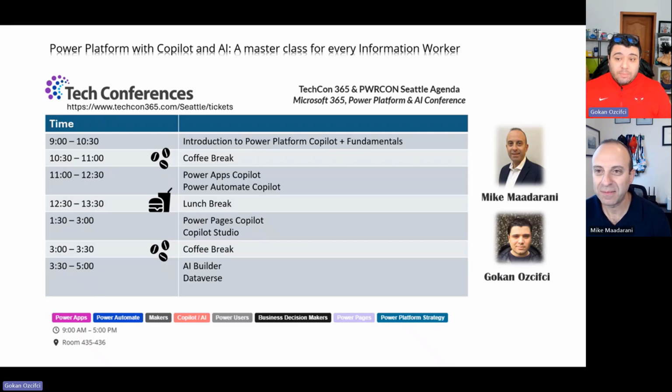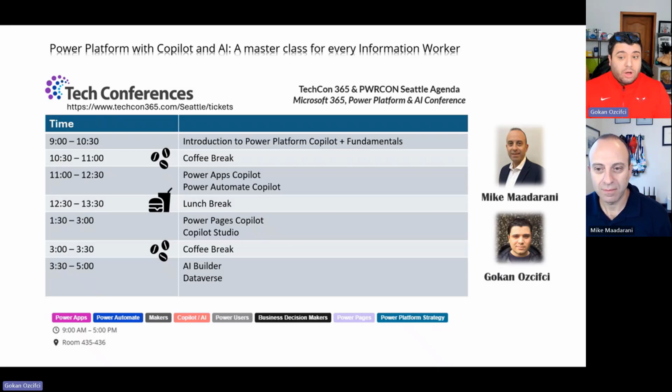So we'll start the journey by introduction of Power Platform Copilot and explaining all the fundamentals. We want to make sure you understand all the details about Power Platform Copilot. How is it differentiated from the M365 one or with the Pro one? And then after all that goodness that we're going to explain to you, you'll be able to understand in 1 hour 30 the fundamentals, go on a coffee break, get some energy, and then dive into Power Apps Copilot and Power Automate Copilot. That's the part I'd love to show, because that's what I think Microsoft has put the most of Copilot into it.